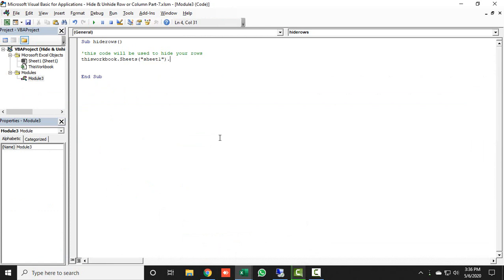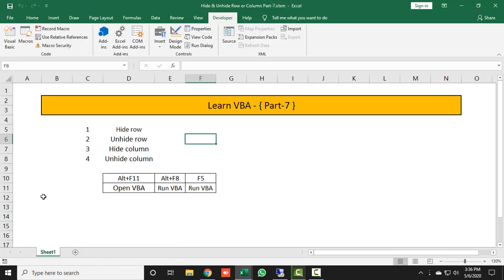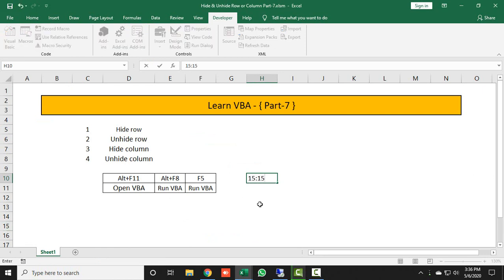Here I want to hide my rows, so I'll type Rows, open the bracket. Which rows you want to hide? If you want to hide your first row, it would be 1 colon 1. If you want to hide your 15th row, it would be 15 colon 15. So this is how you can identify your rows.